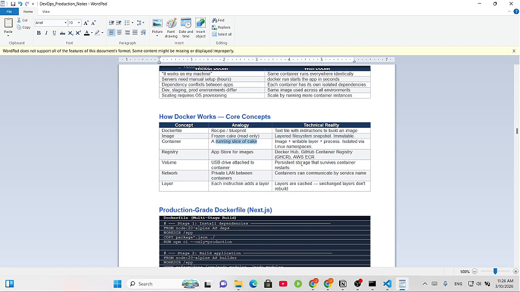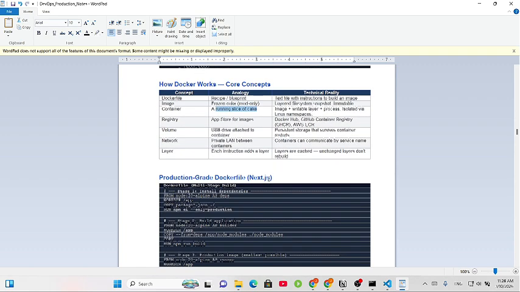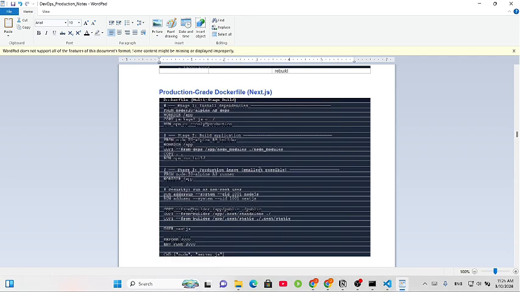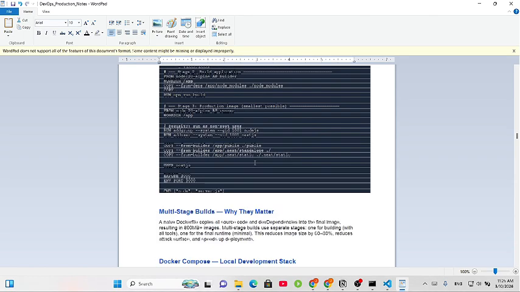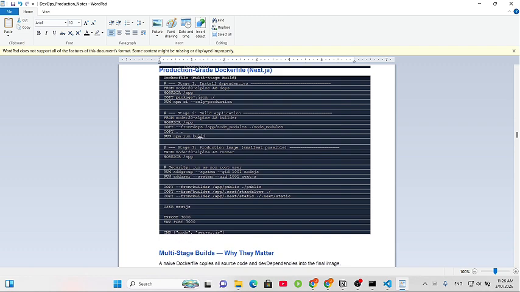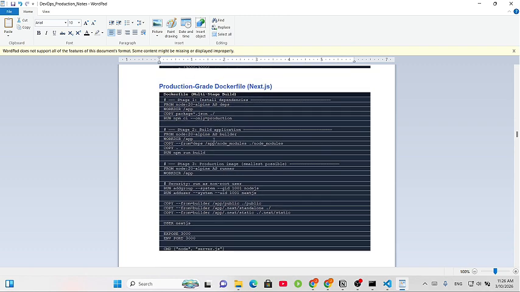Okay, so this is how it works. I think it's better if we see it in practice. So yeah,